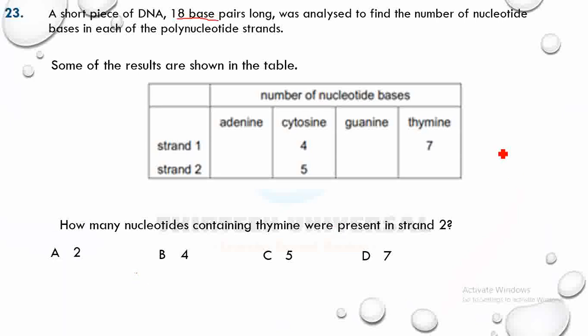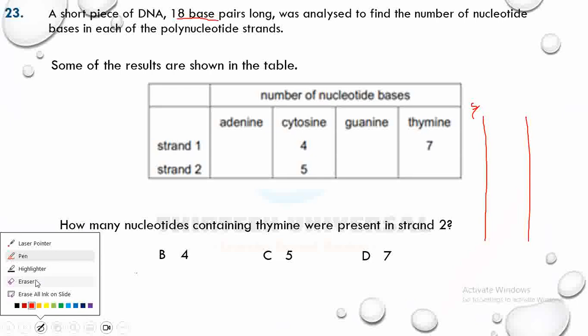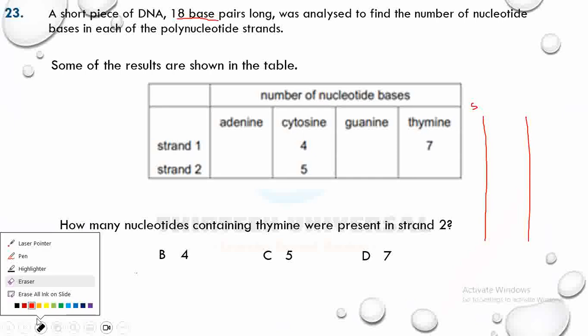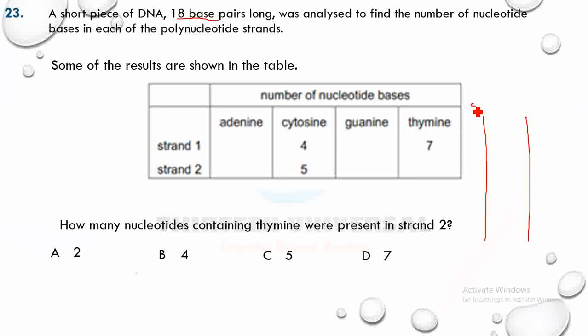All right, so look at it. I have 2 strands of DNA. Let's solve it. This is a strand of DNA. This is another strand of DNA. So this is strand 1, I'll call it S1. Okay, stay with me. Strand 1, S1, and we have S2, strand 2. Remember each of them will have